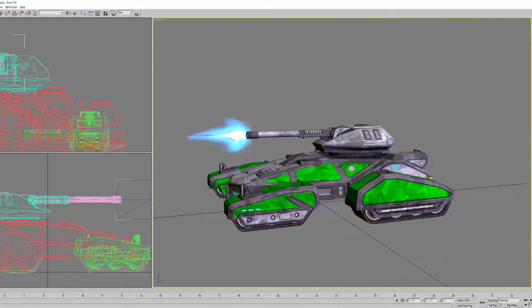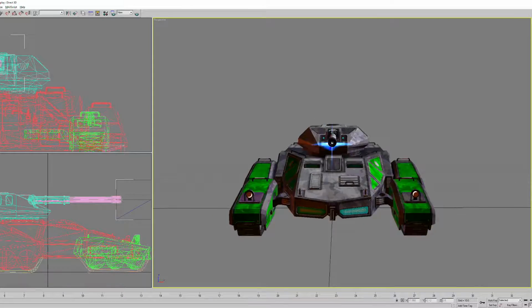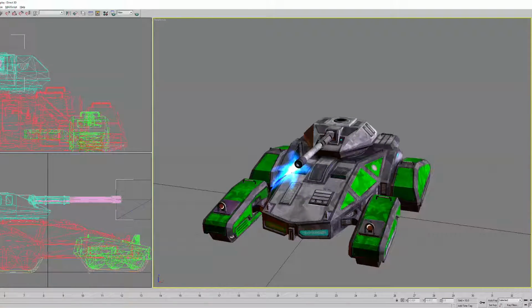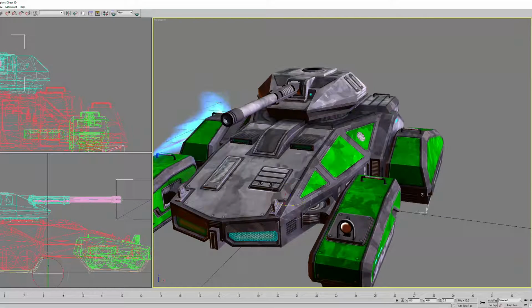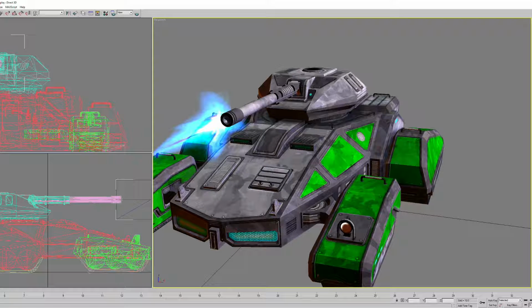Alright, so that's about as far as I've gotten so far. Collision mesh is done, the crusher is done. The only thing that hasn't been done is the shadow mesh. And shadow mesh is probably the most time consuming part of doing a model, especially if it doesn't have one already. Now I could take the easy way out, and I could just clone this entire mesh